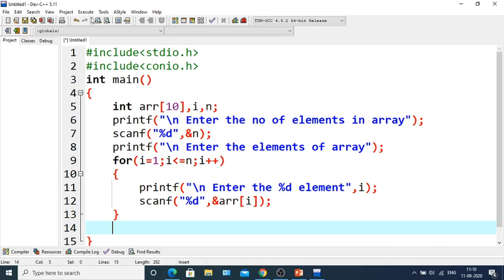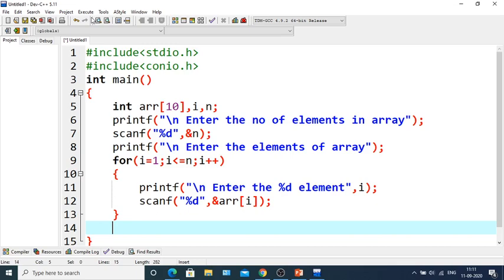In reverse order, we have to print 5, 4, 3, 2, 1. In this for loop, the loop started from 1 and goes up to n. To print all the elements in reverse order, we can start from n and move down to 1 in reverse direction.